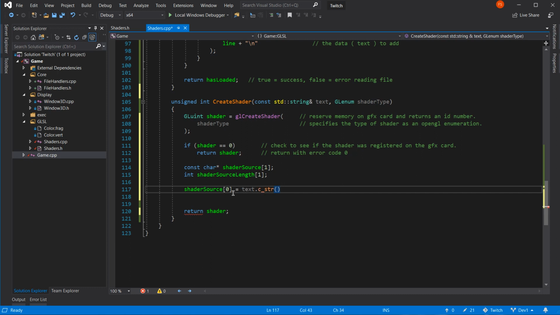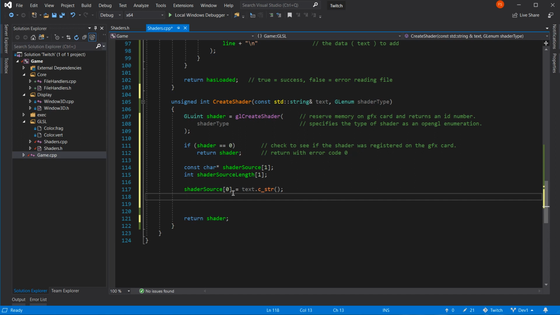That will wipe text out at the end of that function. That function is a bit of a naughty one, because it'll convert it and then it'll wipe it out. I can't have that because I still need the data to be able to compile it.